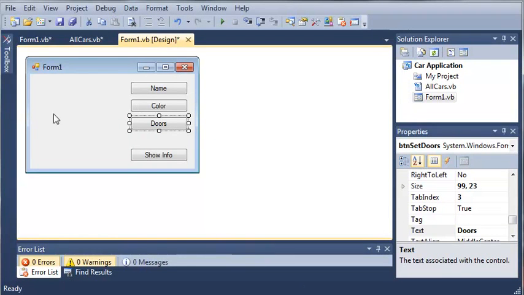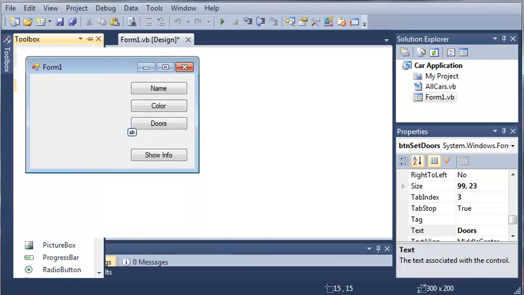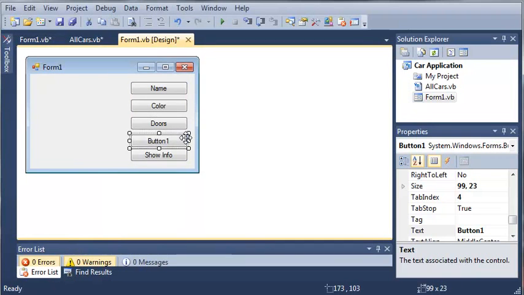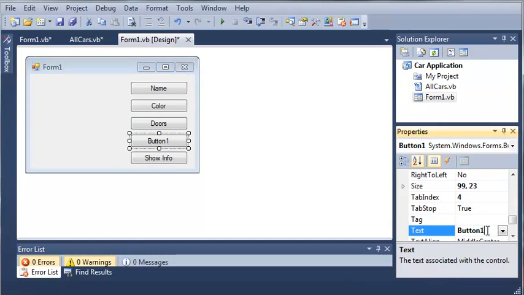So let's come over here and we'll add a button, and we'll just call it accelerate. So we'll set the text to